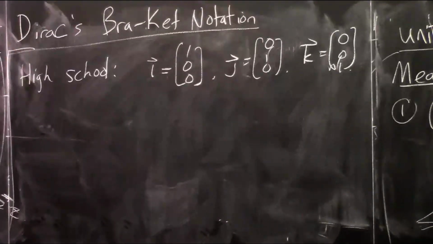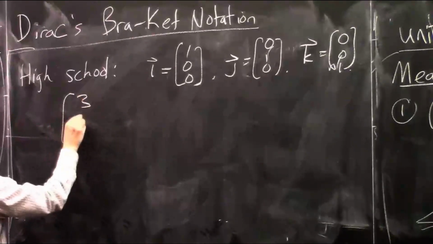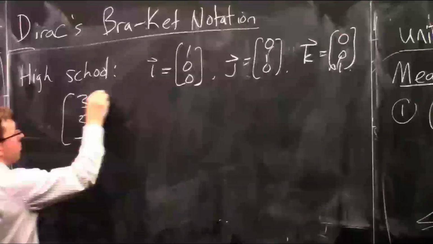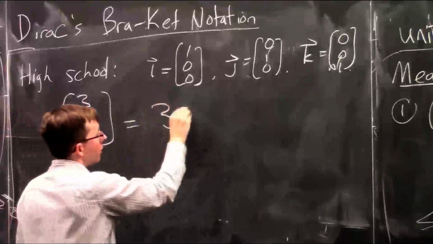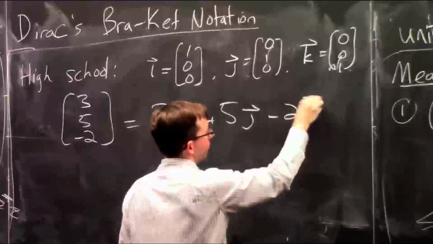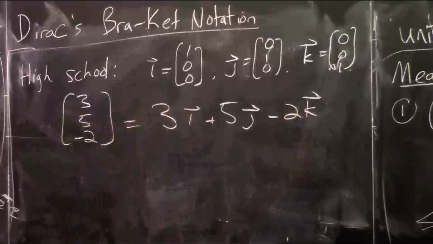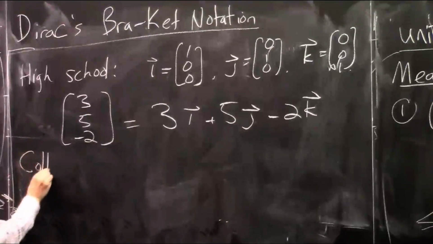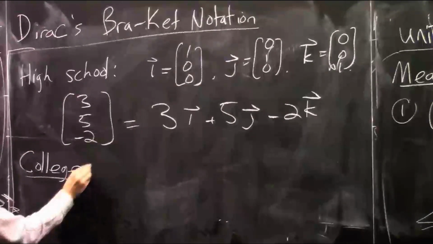Did at least some people see this in high school? I'm told, yeah, okay, good. And then if you have some generic 3D vector, like 3, 5, minus 2, you can say, oh, that's 3i plus 5j minus 2k. Okay? And then you get to college, and they're like, well, that's not so cool,